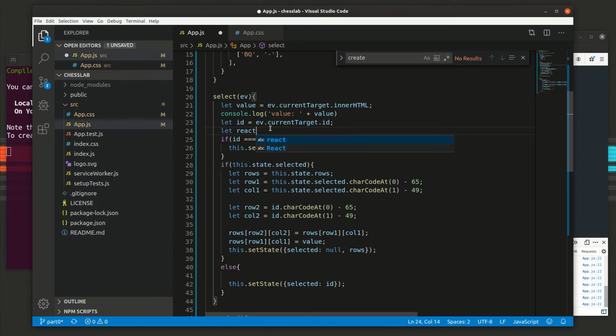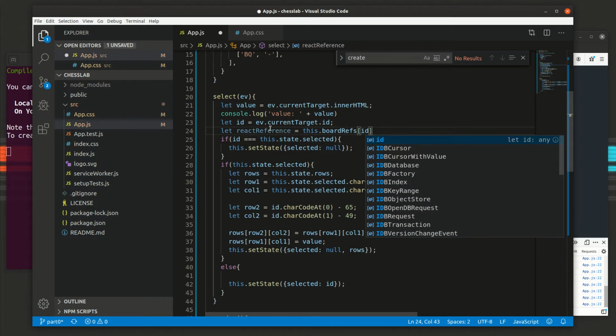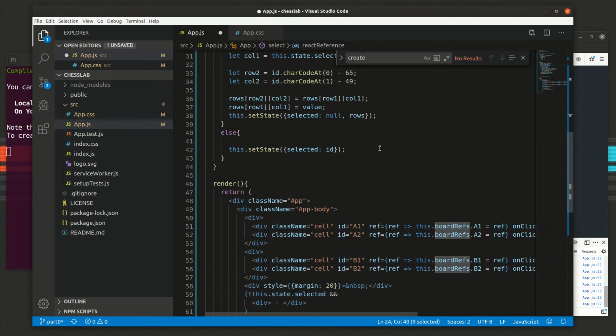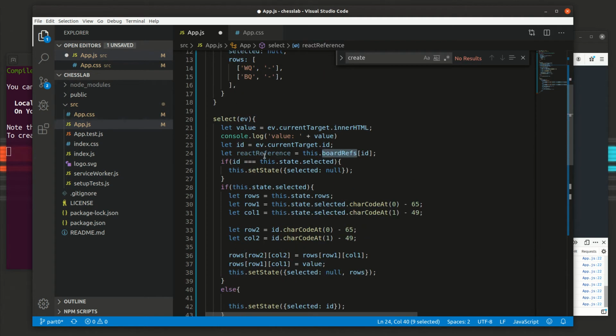Let React reference equal this dot board refs, and we can just put the ID in there as a lookup. So if we click on A1, it'll pull the reference out for A1, and then we can do stuff like